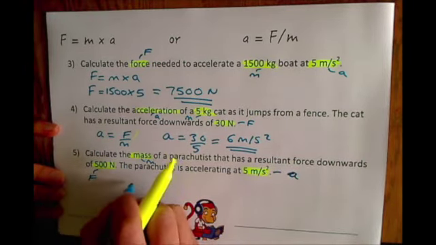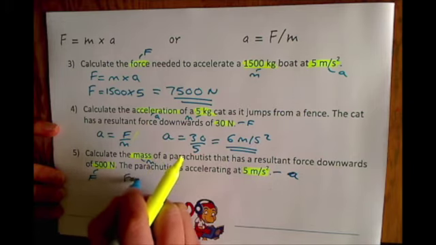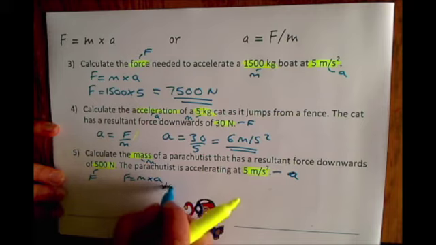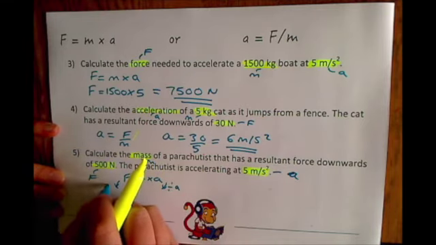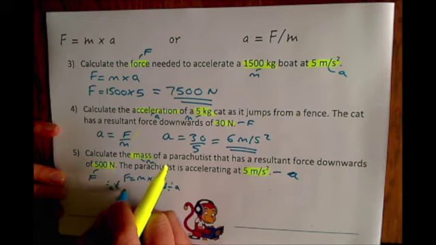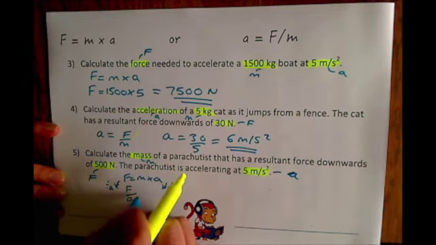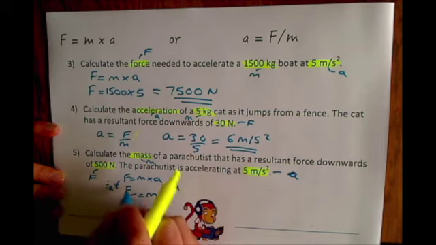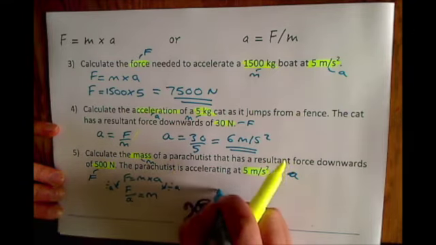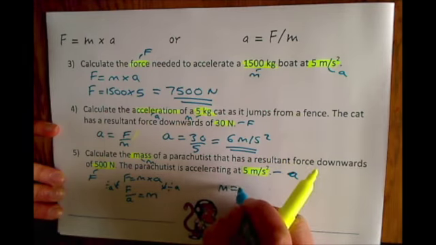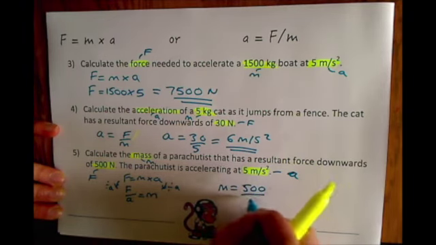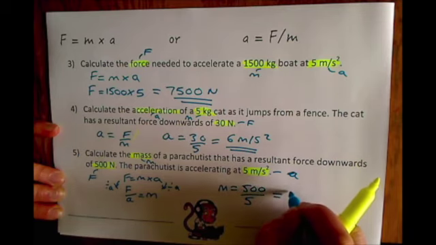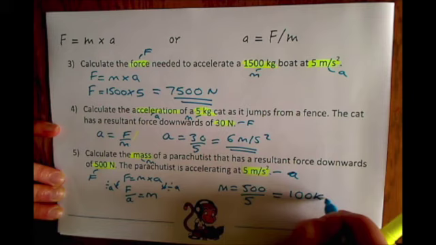We start off with F equals m times a. If we divide both sides by a, we will end up with F divided by a equals m. So we need to do force divided by acceleration. So mass equals force, which is 500, divided by the acceleration of 5, which gives us a mass of 100